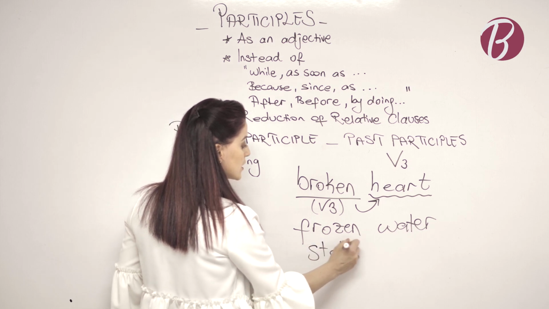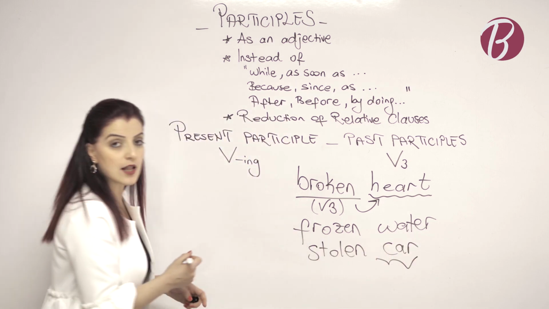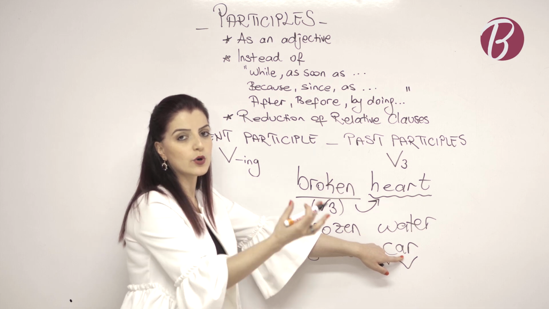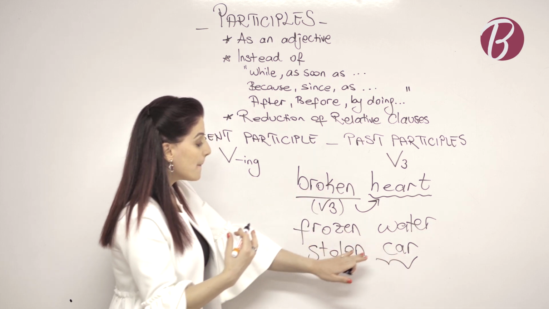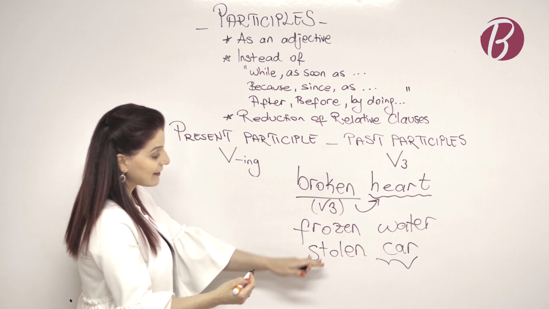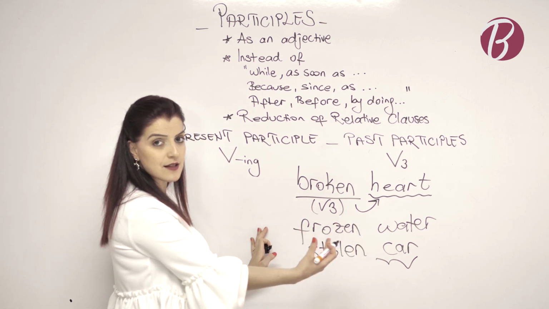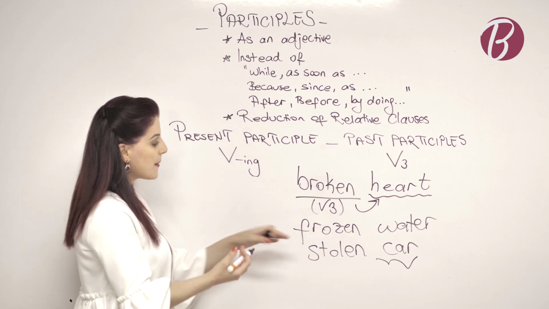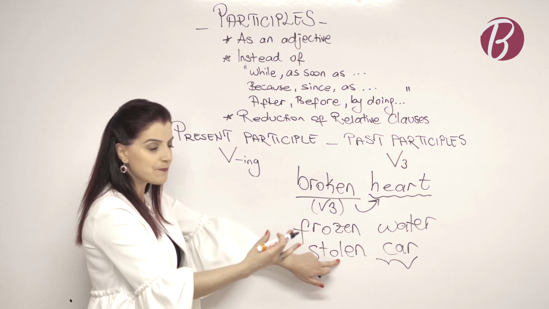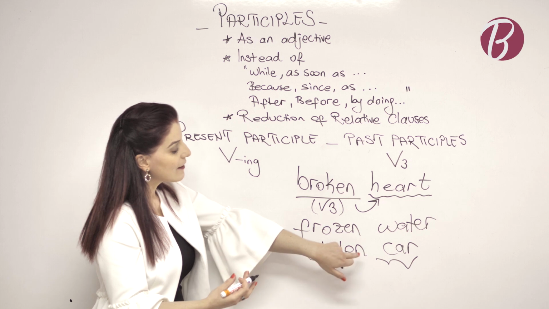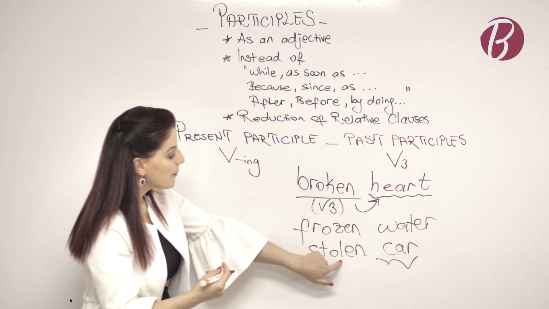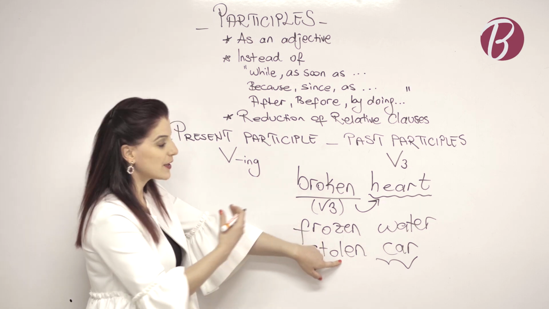For example, stolen car. If I'm talking about this noun, this car has been stolen or was stolen or is stolen by another person. So what is the action? What happened to it? It was stolen. So what kind of car is it now? How am I describing it? By putting an adjective here. So I am giving information, I'm describing it. What happened to it? It was stolen. That's why in front of this noun, I can put past participle to describe, to give information